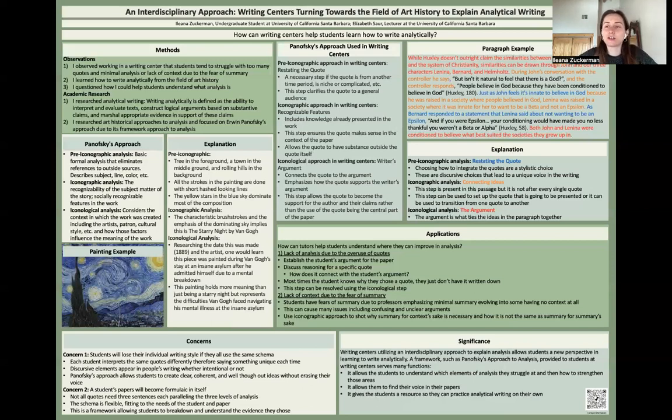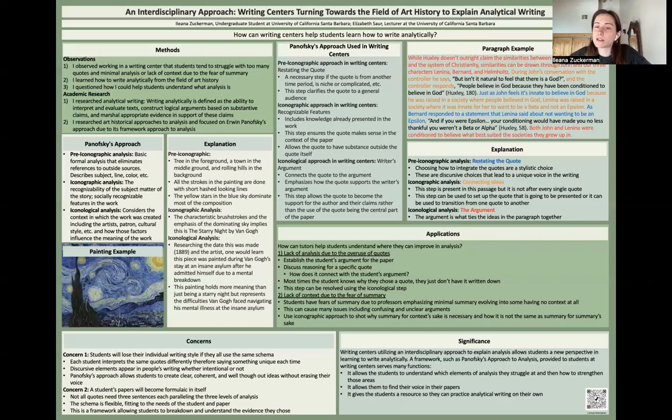The second concern is that students' papers will become repetitive in and of itself. But again, Panofsky's method is a framework that students can use to organize the content that they're going to be writing in their paper. So they have a quote and they restate the quote, and then they connect it to the rest of the information already presented in the paragraph, and then they connect that to the argument. But they don't need to have all three of those steps for every single piece of evidence that they have in their paper. Looking at the paragraph example on the top here,